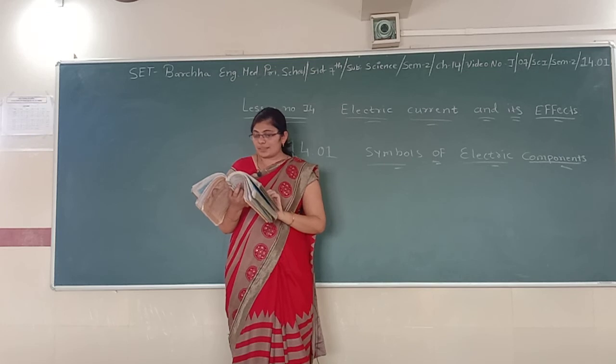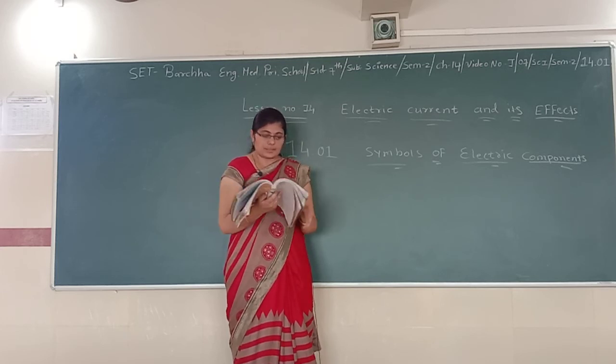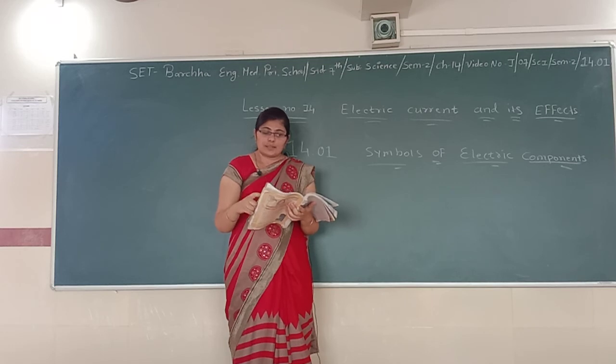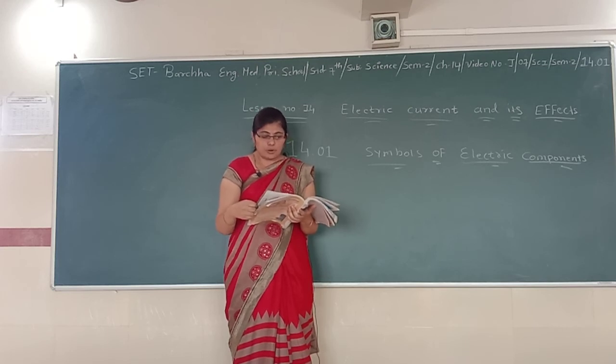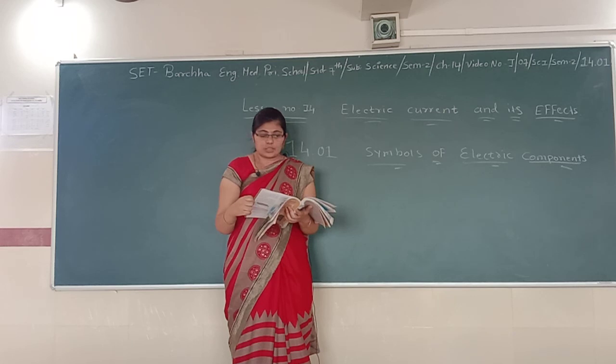Would the bulb glow in this electric circuit? No. Recall the bulb glows only when the switch is in the on position and the electric circuit is closed. So here you can understand. Electric current passes through it. When the bulb gets fused, its filament is broken. If the filament of the bulb is broken, would the circuit be completed? No. If the filament gets broken, the circuit cannot be completed and the bulb does not glow. Would the bulb still glow? No. You might have noticed that glowing electric bulbs become warm.